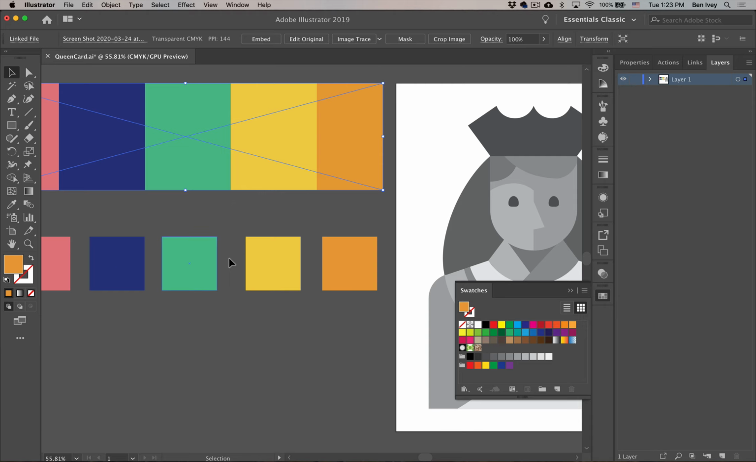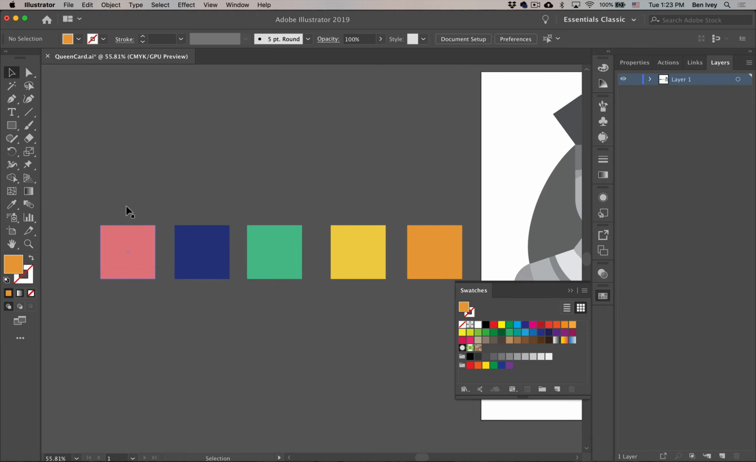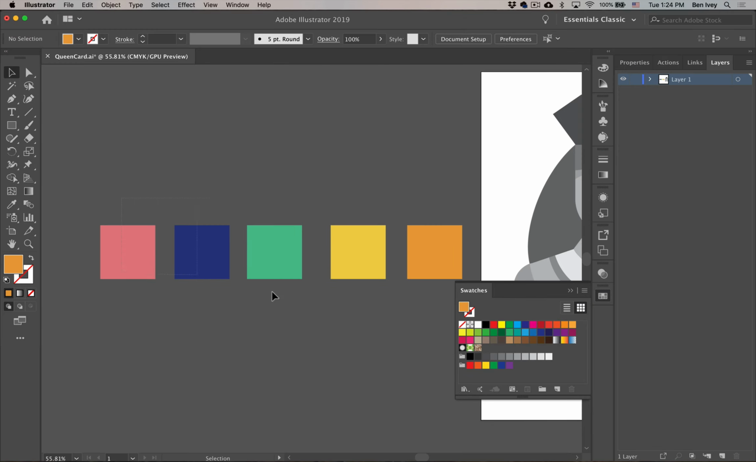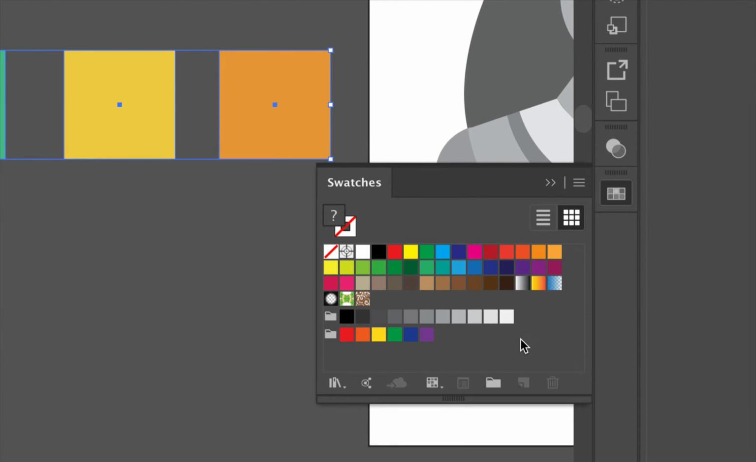Once those colors are assigned to different objects, we can get rid of our swatch that we have, and now we can save these inside of a folder by themselves. I'm going to use my Move tool, the black arrow tool, to click and drag and select all of the swatches at once. Then when I open up my Swatches panel, click on the little folder icon to create a